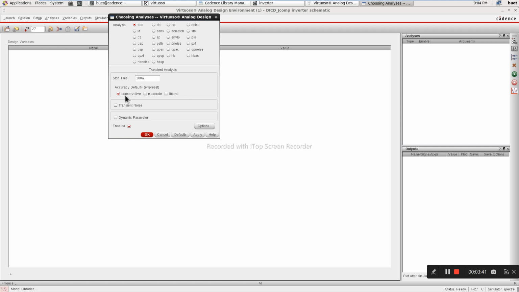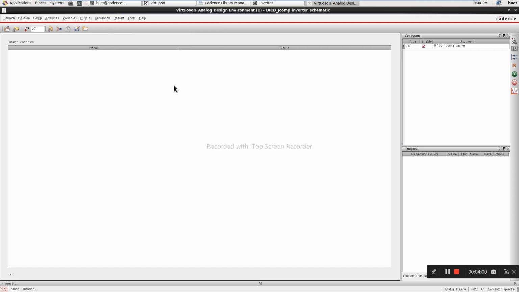I'm interested only in the first cycle. I've given 30 nanoseconds as the time period, so if I give 100, we will get almost 3 cycles. I can give 50 also, but it is fine.